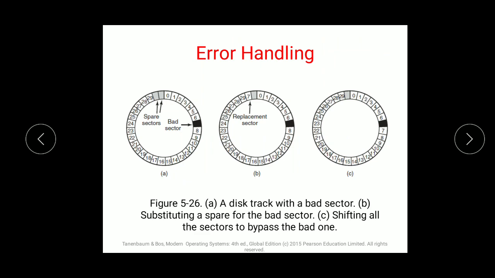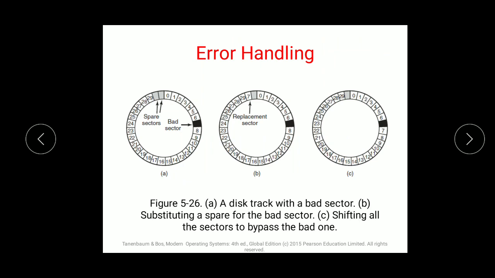Bad blocks can be handled either in the controller or in the OS. Microcontrollers or normal controllers can handle these small errors. If bad sectors are handled inside the controller, then spare sectors are reserved on the surface, and any bad sector is shifted to a spare sector. So spare sectors will be given when the errors are handled, and that space will be empty and it will be shifted by one further.